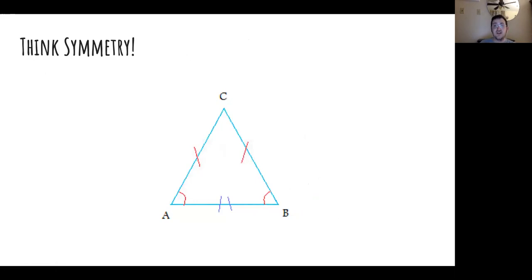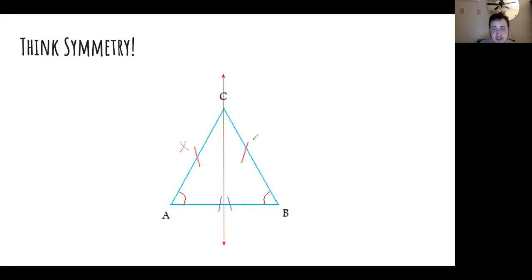All right, so when I'm looking at isosceles triangle problems, I think about the concept of symmetry. What symmetry means is that what is on one side is the same as the other side. So I'm going to divide this isosceles triangle evenly in half. And what I can see here is,